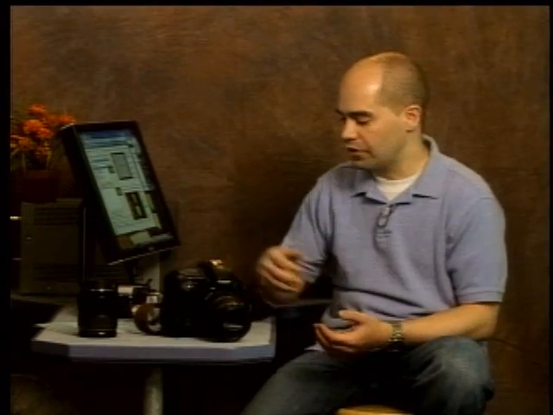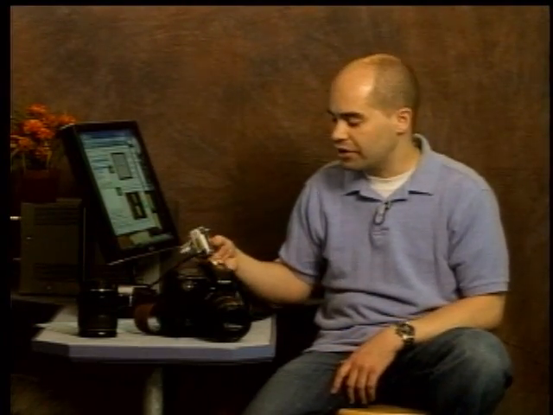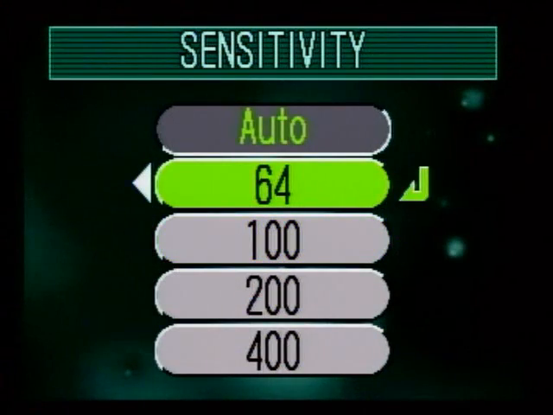So it's the combination of the aperture size, the shutter speed, and the ISO that gives you the proper exposure. I probably should have said that earlier, but it's a combination of those three things that actually lets you get the proper exposure on your camera. And if you have the option to choose any of those things, it gives you a lot more flexibility. This camera doesn't let me choose the shutter speed or the aperture, but it does let me choose the ISO. So I'd have a little bit of flexibility there. You can tweak your pictures a little bit based on that.